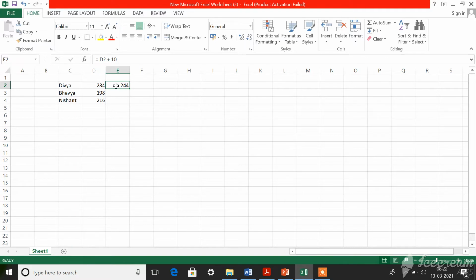And when you click on that particular cell, what formula is applied to that cell will be displayed in the formula bar. Okay, you understood? So this is how you should enter formulas. And you can see three options here. So this cross mark represents close, and the tick mark represents enter, and this fx represents insert function.